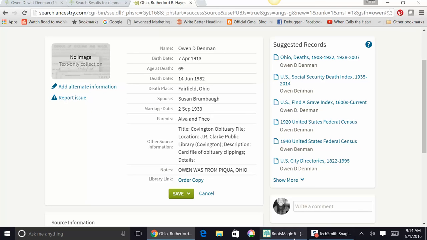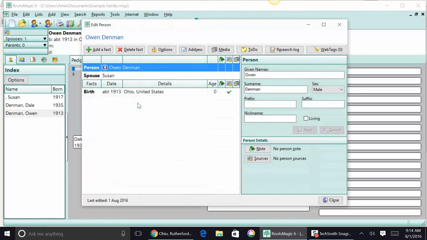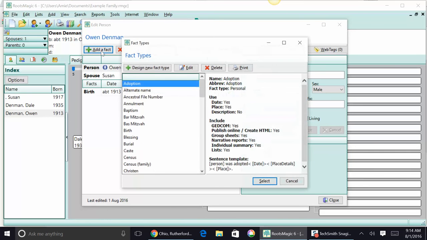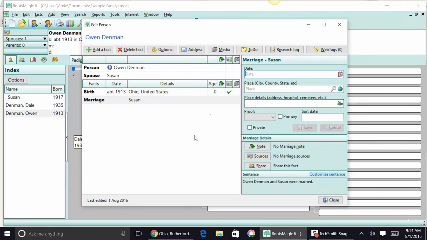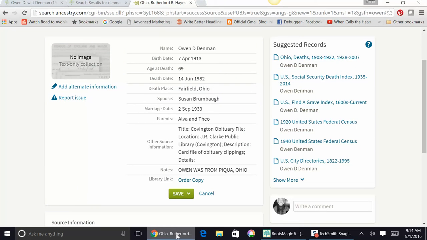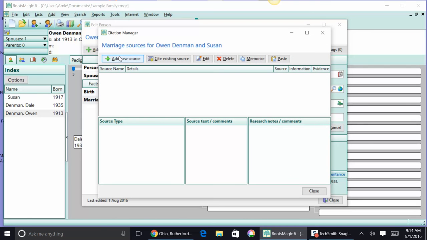Let's record that. Come back over here to RootsMagic first. I always do it in this order. That way, it's always the same. So I click on Owen, and I add the fact of marriage. I try to add my marriage fact under the man's name. It says, would you like to add this marriage fact to Susan? I say yes. And the date of their marriage, let's double check that again, was 2 September 1933. They have not given me a place,